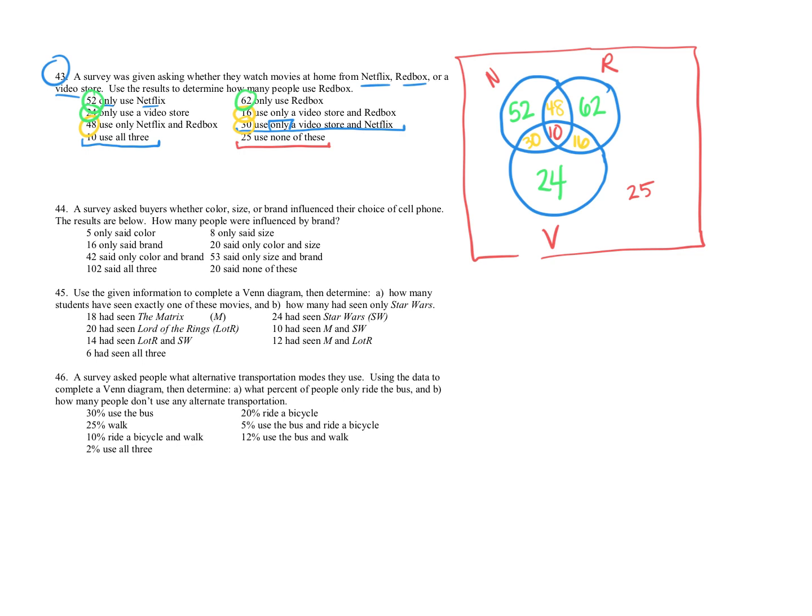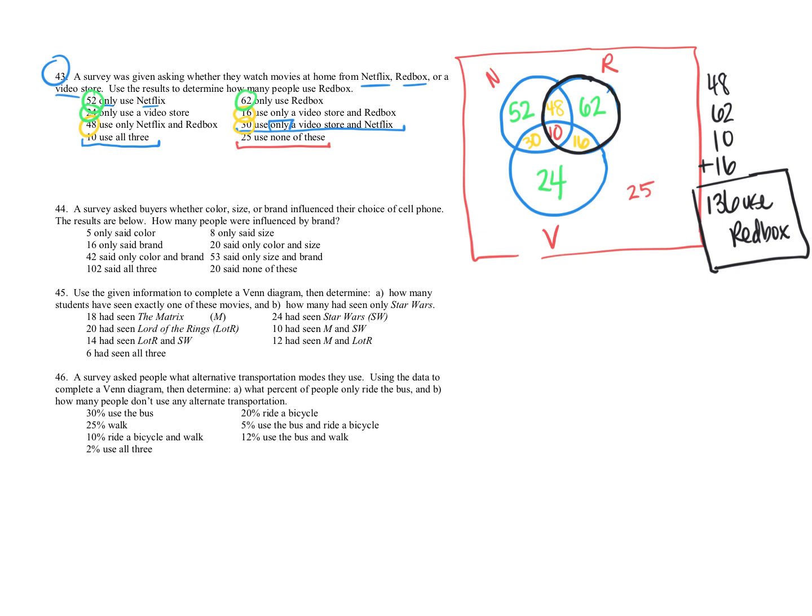So the question is, use those results to determine how many people actually use Redbox. So if I look at the Redbox group or set here, I'm going to add up all those numbers. So if we add the 48, 62, 10, and 16, punching that into a calculator, we're going to get that there are 136 people that use Redbox. So notice that I'm not writing the word only, because these are people that could also be using those other pieces of Netflix or the video store.